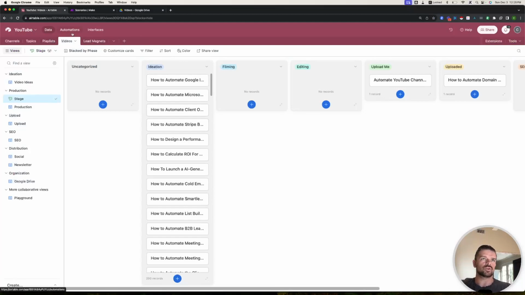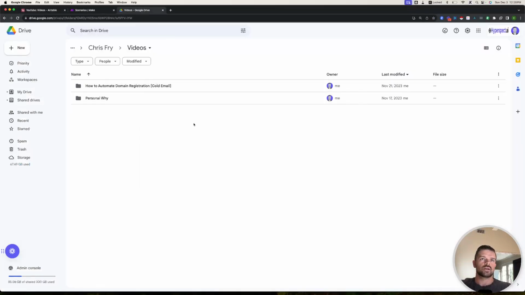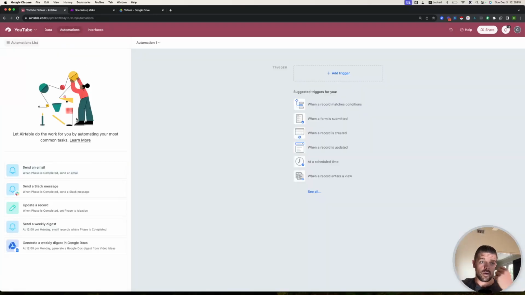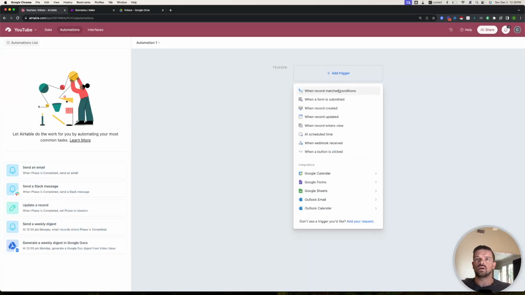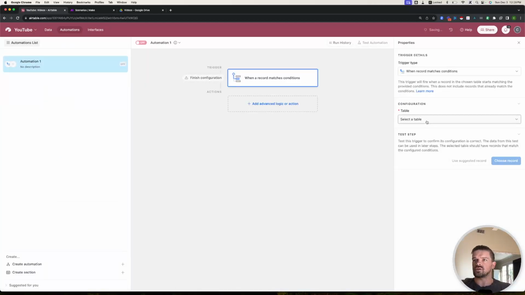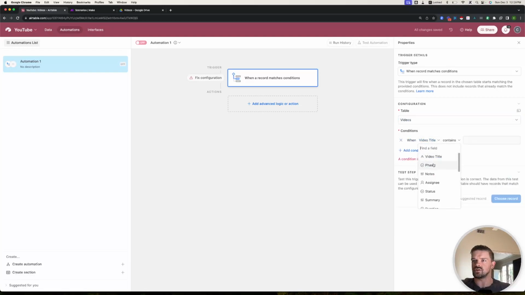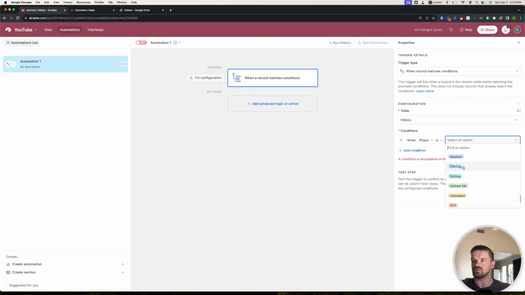What we're going to do first is grab the folder ID here. Actually, no, I don't think we need that. First thing we're going to do is we're going to want to create an Airtable automation, and we're going to say add a trigger when a record matches conditions, table is videos, and when that condition is the phase is equal to filming